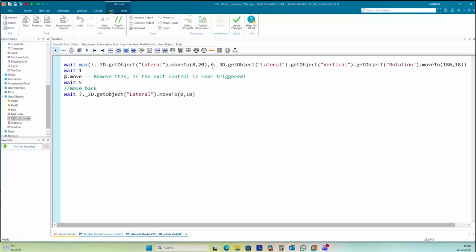Then we need to rotate back. Move to 0 in 0 seconds. And then wait 1.